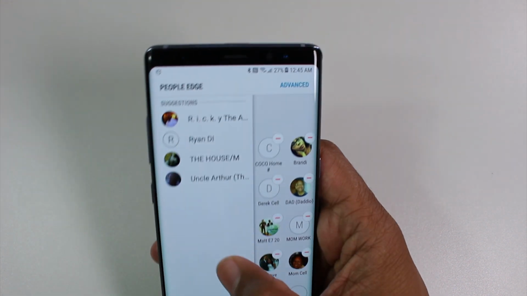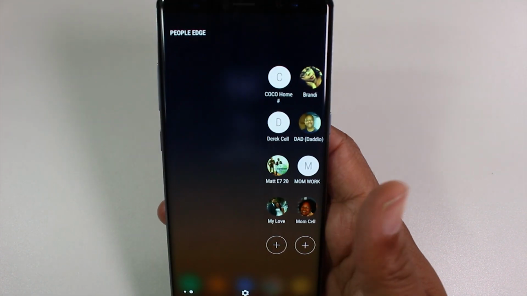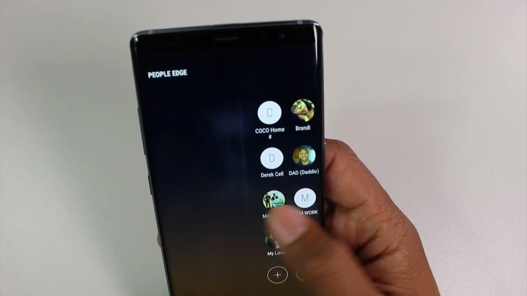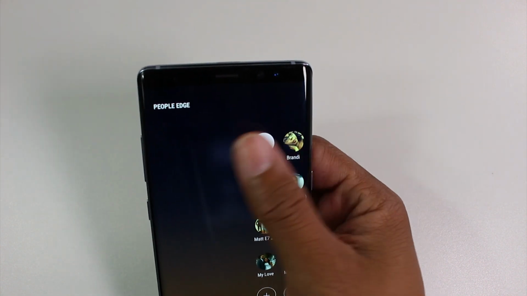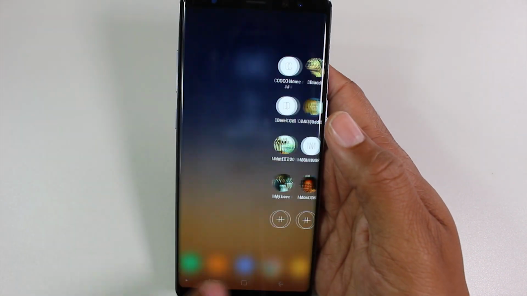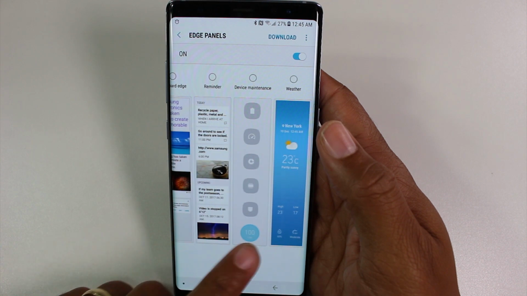And now I can go in and I can add other people, okay? So these are like the main two features for the edge panel, but you can add more. If we go to settings, the little wheel down here, there's a list of a bunch of other app edges